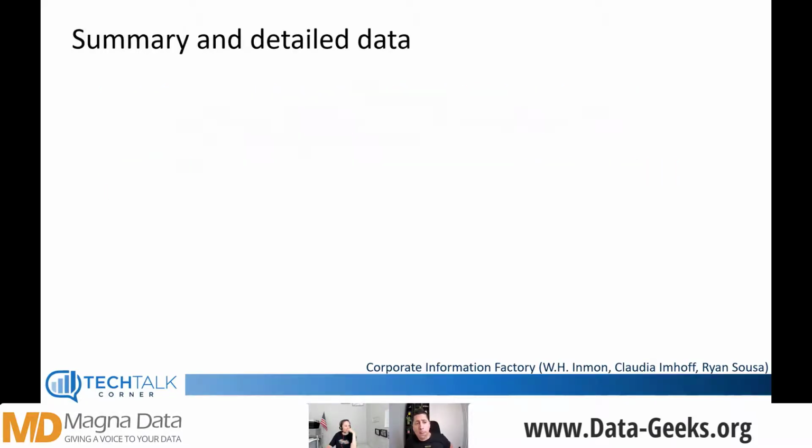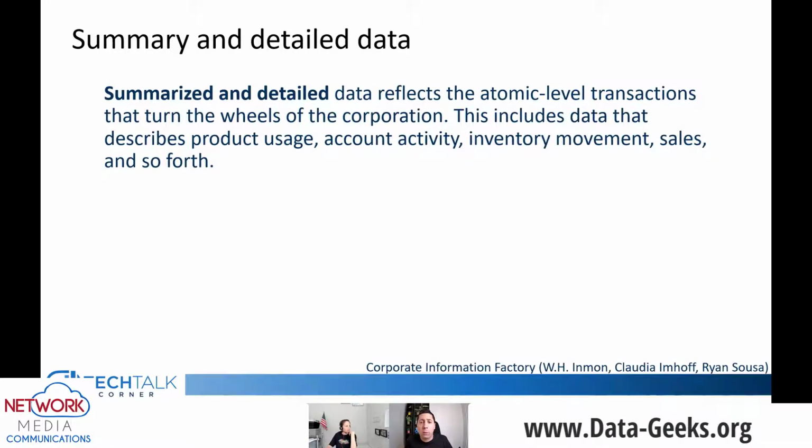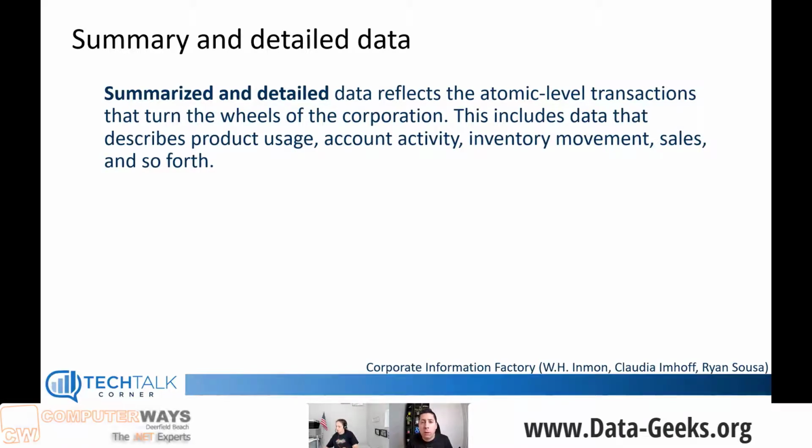And finally, we need to have summary and detailed data. Summarized data is not enough, so we need to have detailed information on the most atomic level possible. So we need to have the most granular information of the data available in the data warehouse to allow our users to ask questions like why, when, what happened, when did it happen, right?